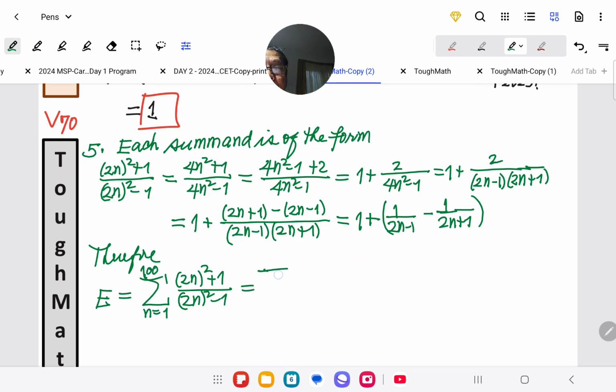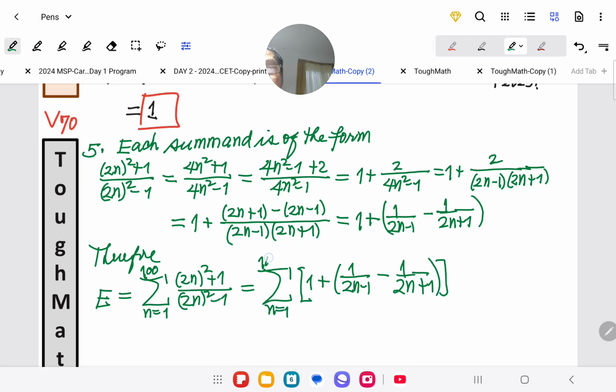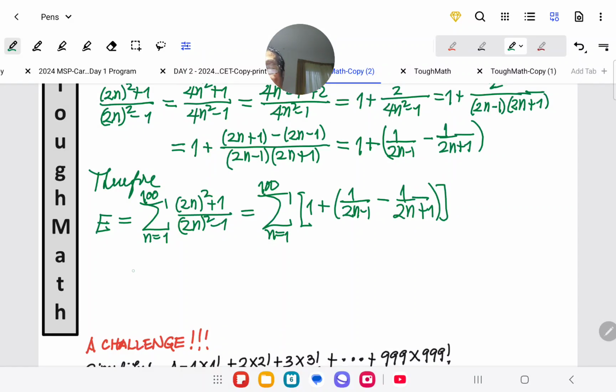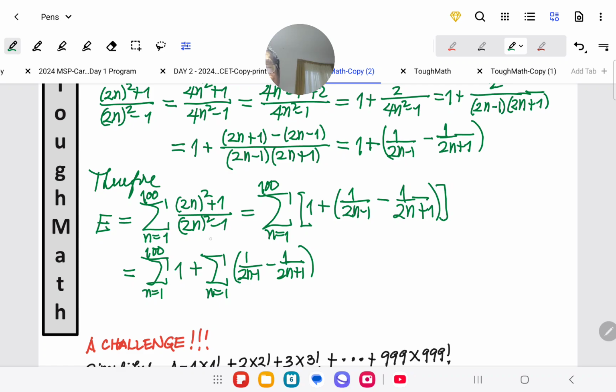Is equal to the sum of 1 plus 1 over 2n minus 1 minus 1 over 2n plus 1 from n equals 1 to 100, which is equal to the sum of 1 from n equals 1 to 100 plus the sum of 1 over 2n minus 1 minus 1 over 2n plus 1 from n equals 1 to 100,